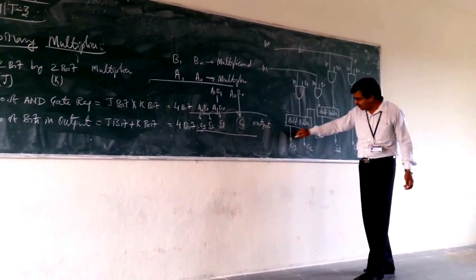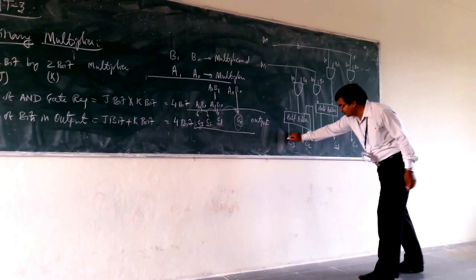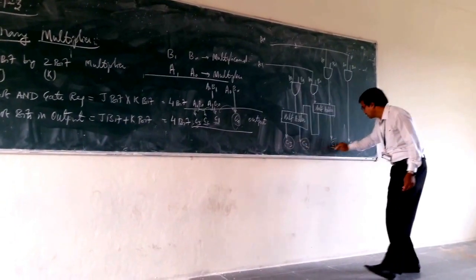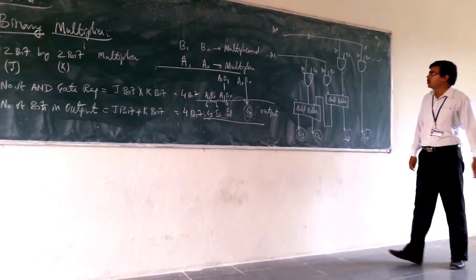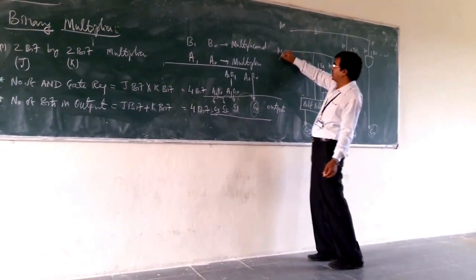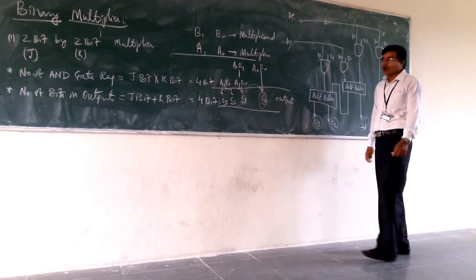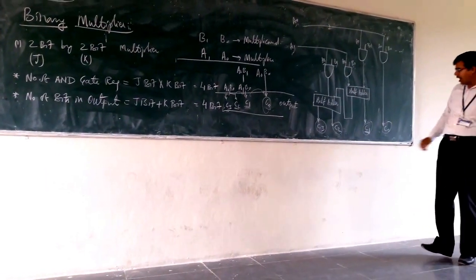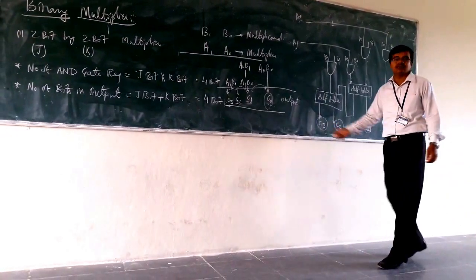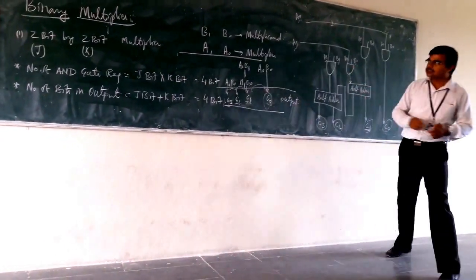So this is the sum and this is the carry, and these are your outputs. So you are having A1, A0 and B1, B0 as your inputs, and C0, C1, C2, C3 as the outputs. This is the example of your